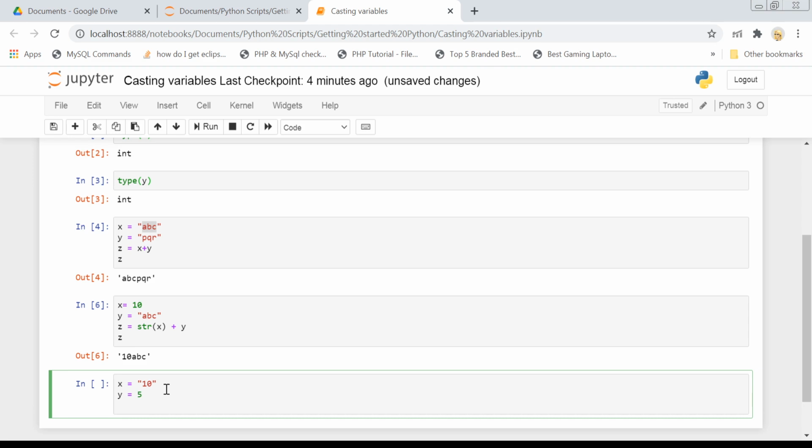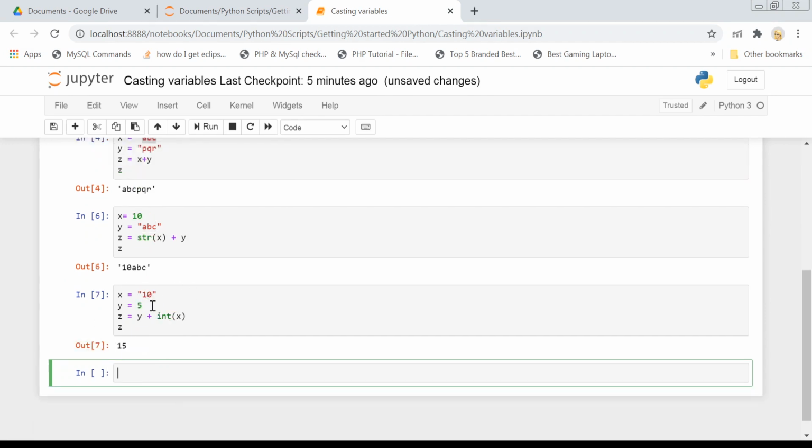So in this case, I have to cast this string into an integer. So z equals int of x plus y, and to cast a string into an integer, you have to write int and then pass that variable. Now if you print z, you see it simply converted this string 10 into an integer 10, and now we got the result 10 plus 5 equals 15. So this is how you can cast a string into an integer or an integer into a string.